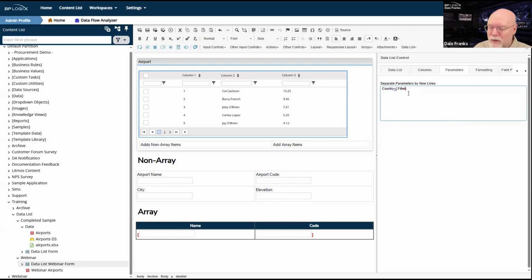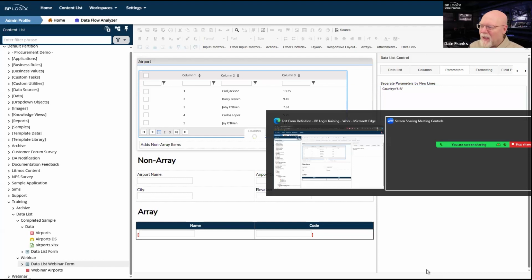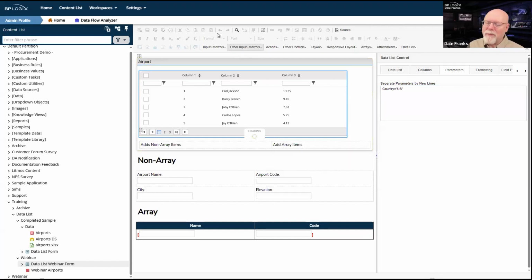You don't need to use quotation marks. However, we didn't test the other thing because it seems real weird to me not to put quotation marks around text when I'm doing programmy stuff. So I want to save this again, and I want to go back. Oh, I closed the form. Oh, rats.